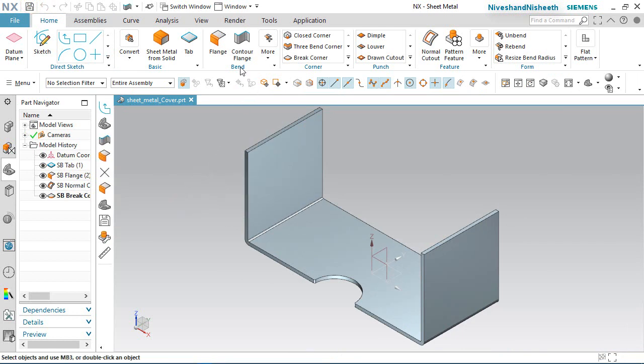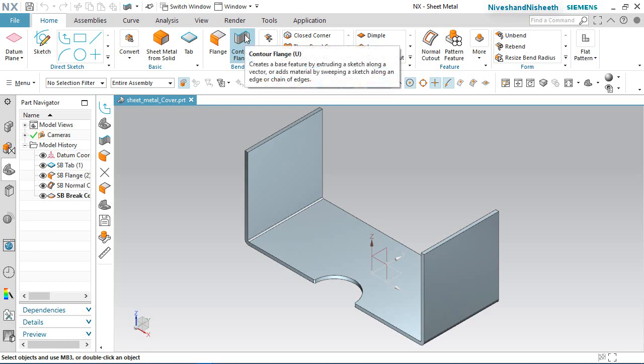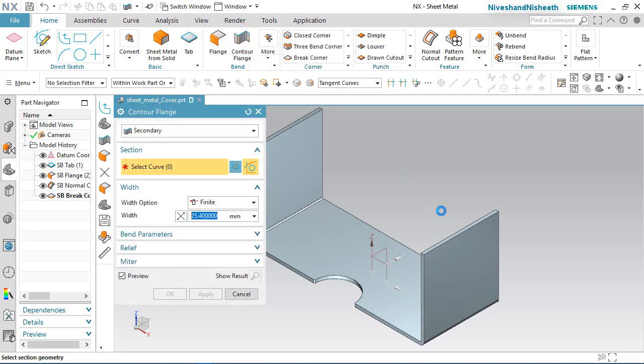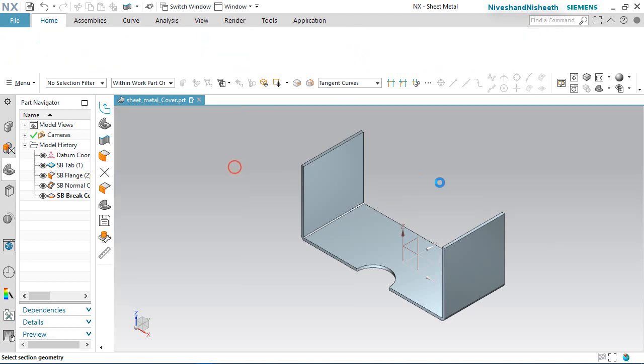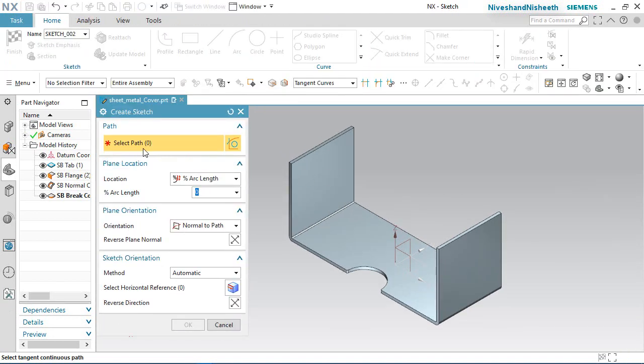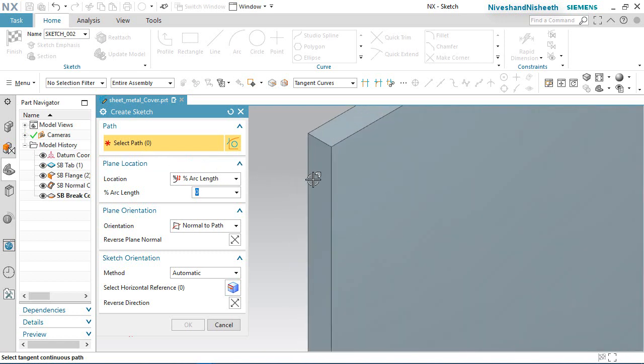In the bend section, activate the contour flange tool. In the contour flange dialog box, choose sketch section. Now select the path. Choose this edge.